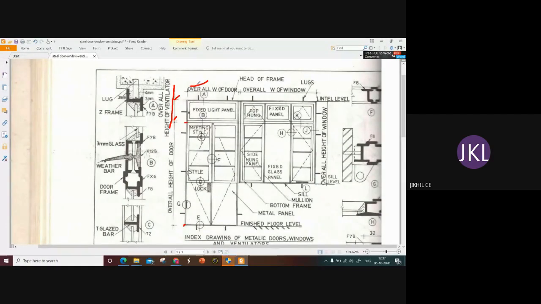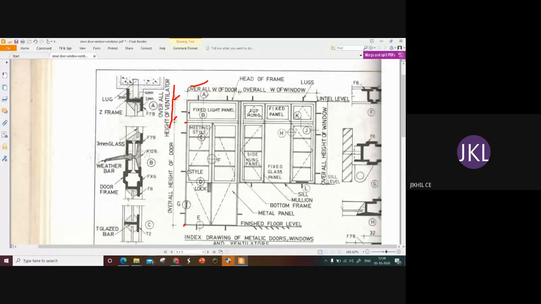After the ventilator, we have the main door starting, and here on the side we have given the enlarged sections.